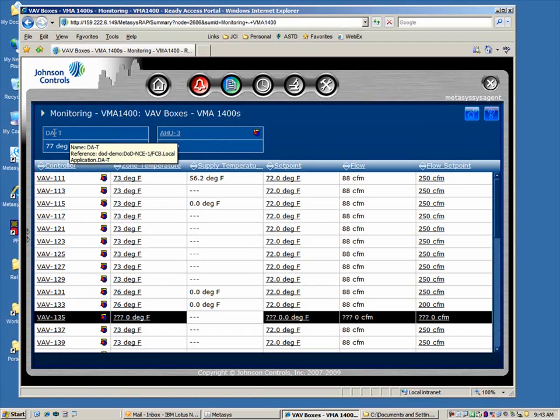Here's the discharge air temperature. That's on that FEC controller, which is actually the local controller in an NCE. Here we go. Let's take a look at this. So I can see right here that it says local application. That's telling me that it's probably an NCE that is using its internal MSTP controller for the main controller for